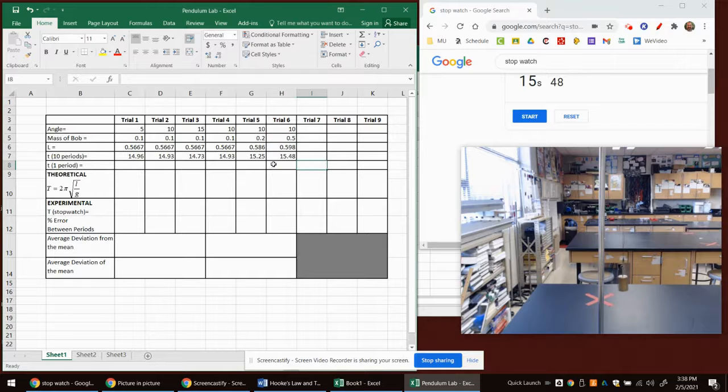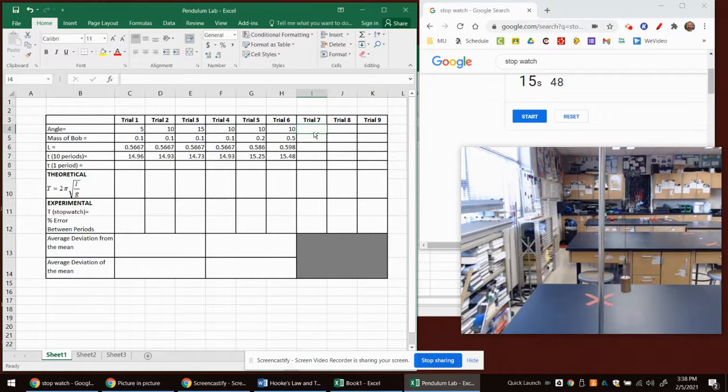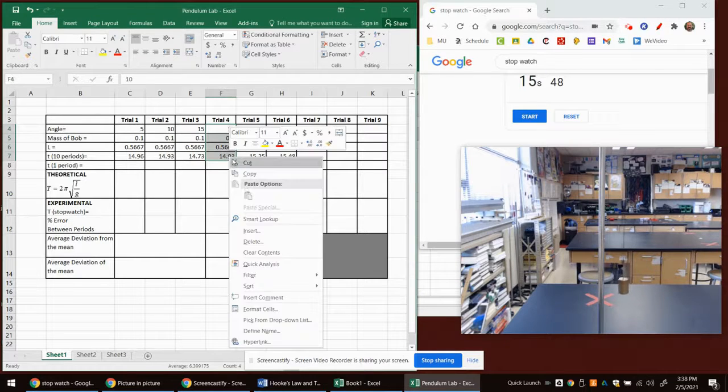So you could see here, these are supposed to remain the same. They did change slightly. The change may have affected our overall times. We'll take a look at if length does affect it, and we'll do that now. So we are going to be able to take over one of these values. I'm going to take over the 100 gram value, again, carrying that over and using that in all three trials